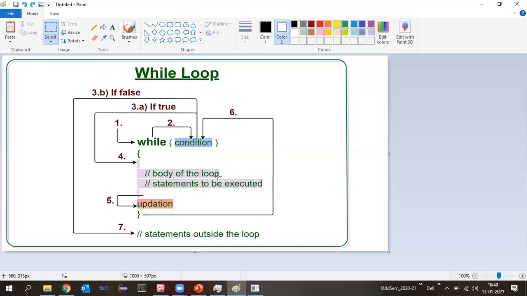So for entry controlled, we have 2 examples. Do you remember any? Online students, do you remember? While and for. While and for are the entry controlled, and the example for exit controlled is do while. Do and while. Do while loop, right? So among these 3, we have covered the first part, that is the while loop,